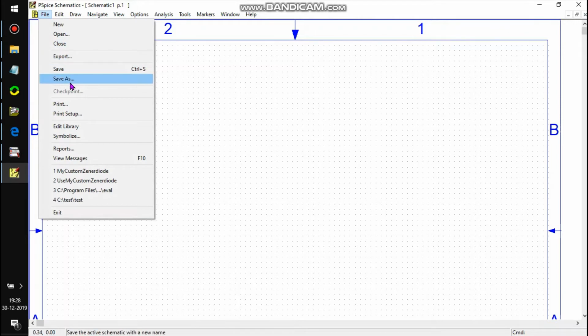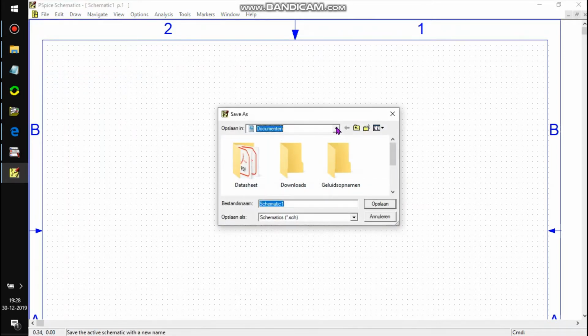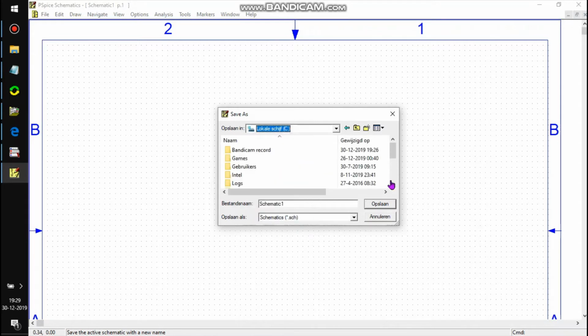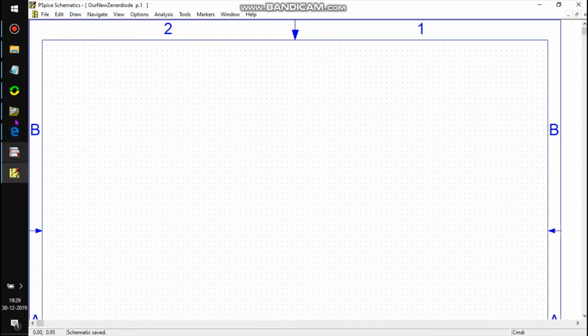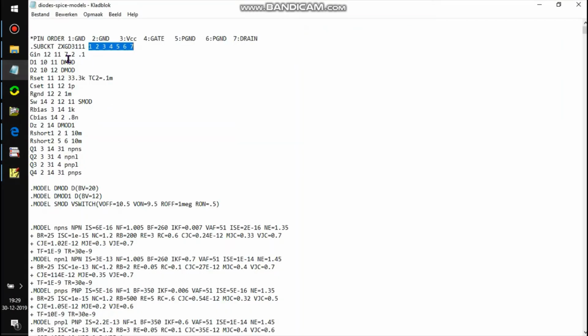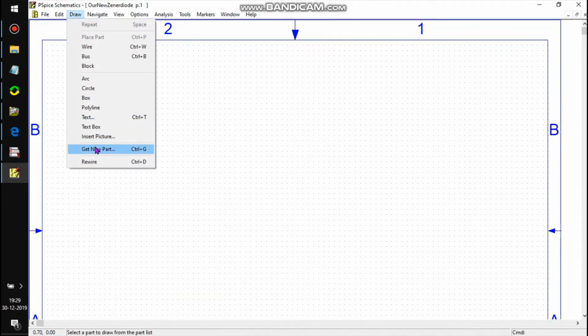So we're going to save it, and we don't have all those components inside it because we are only students, so we just keep it simple, and it looks like this.